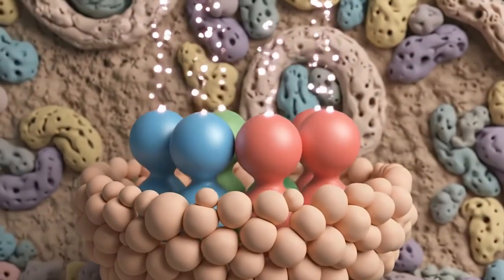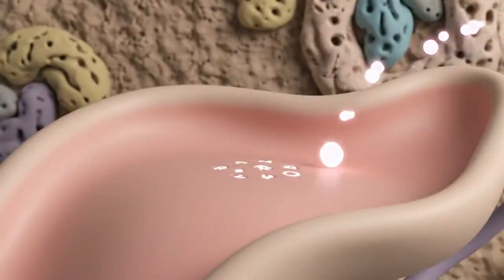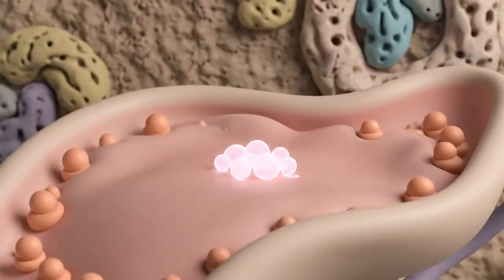Hormones produced here are released into the bloodstream. They travel to the target organ, binding to receptors to